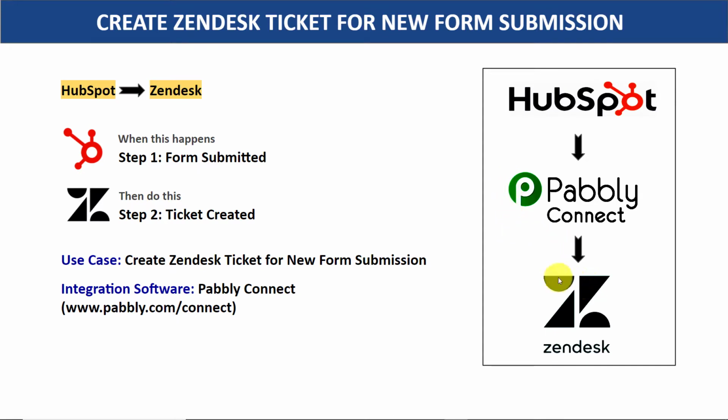The first choice is to copy all the details of the complaint from HubSpot, sort it out and manually create a ticket in Zendesk. The problem with this approach is it's actually very repetitive and tiresome. So I would suggest that you bring in some automation so that whenever a new form is submitted in HubSpot, it will automatically generate a ticket in Zendesk.